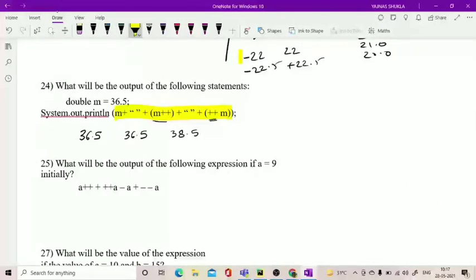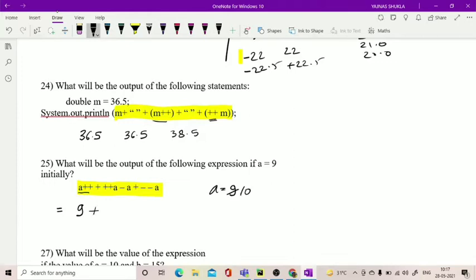Now solve this for the value of A as 9. A plus plus: the value of A is 9, then the increment takes place and A will become 10.